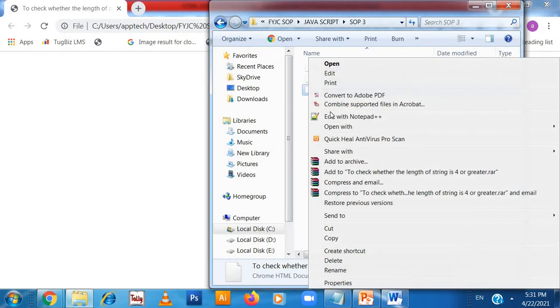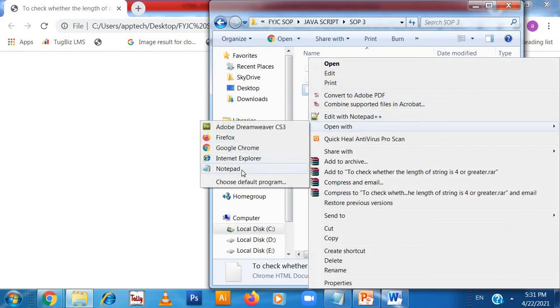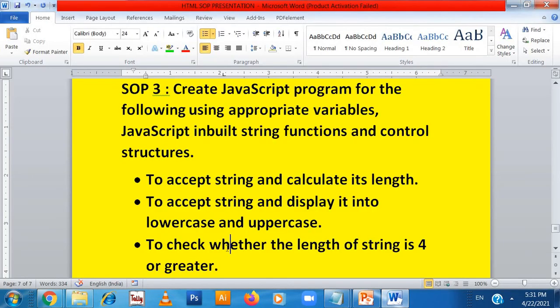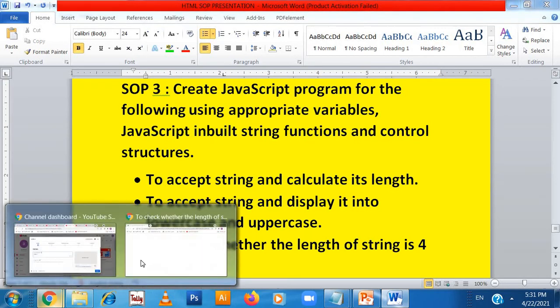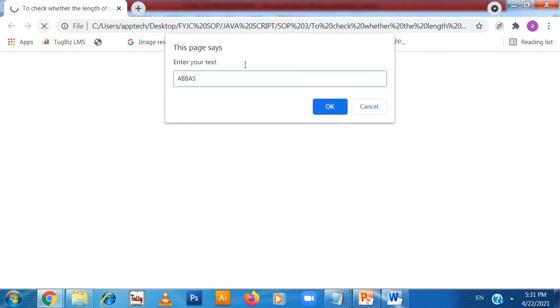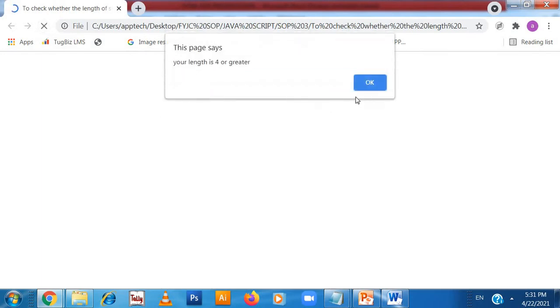Let's see the other experiment. What does the other experiment say? To check whether the length of the string is 4 or greater. If I put anything that is 4 or greater, it will show me 4 or greater. Let's see the output. Let's say I'm putting Abbas, it will show me 4 or greater.